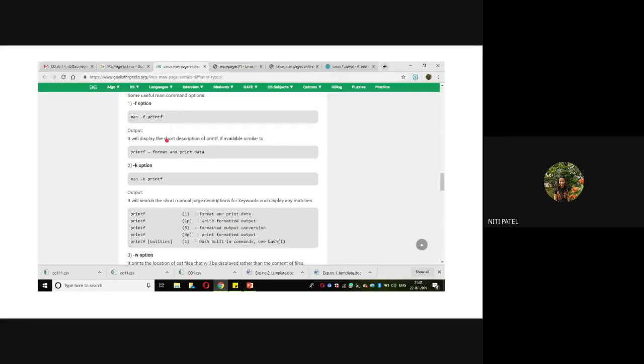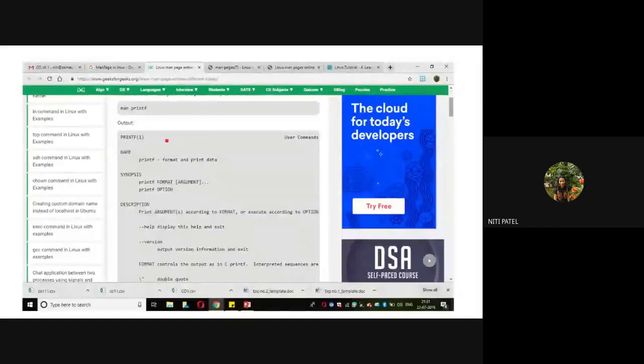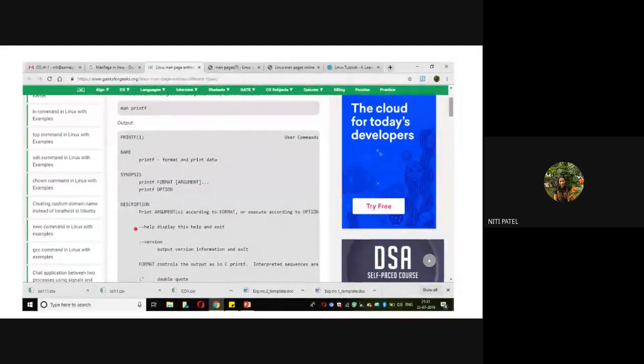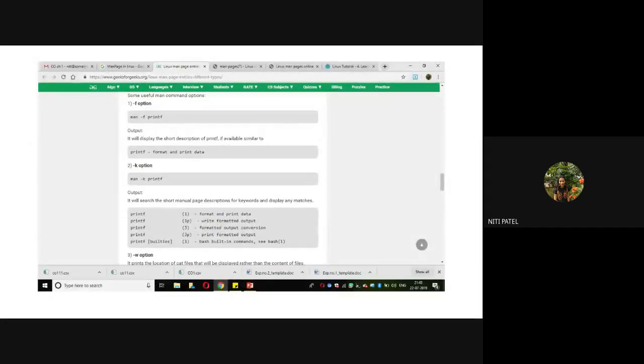So now if you compare this command with the previous command, see here I had not made use of -f. So it is giving me so much information. It is telling me what the name is, how you can use that, what the description of each is. But now if I append -f in front of printf, what is it giving me? It is giving me only short information. So if I do not want to know in detail, but in very short text, I can also do that by making use of the -f option along with the man command.